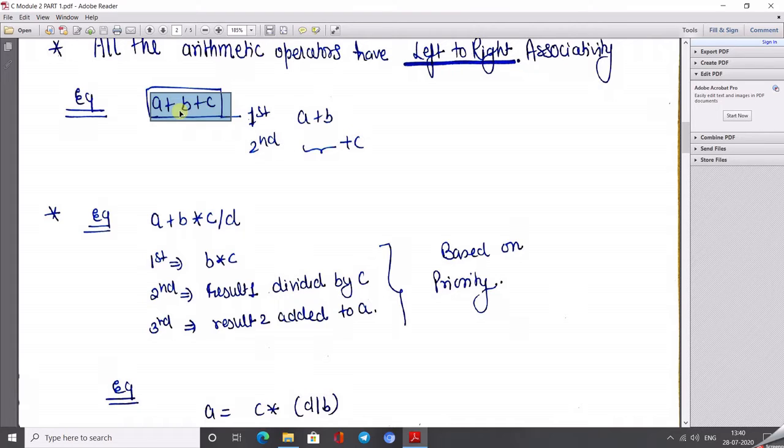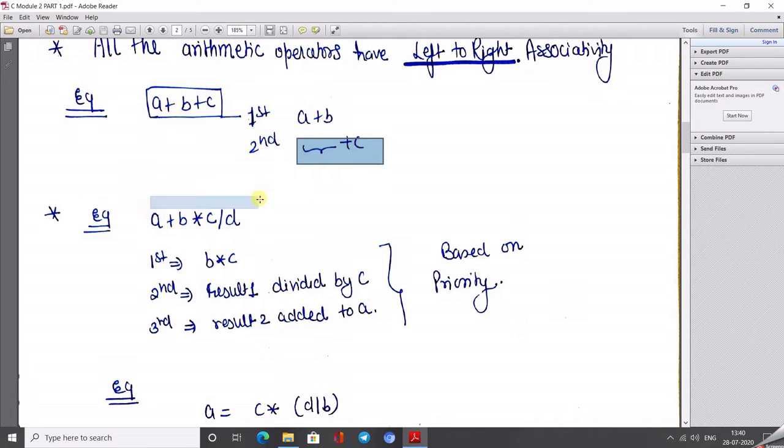When we have the same operator many times in an expression, we perform left to right associativity. That means the left operator is performed first. So according to this question, we first solve A plus B, then the resultant value is added with the value C. Here we first calculate A plus B, the left plus, and then the resultant value is added with C using the second plus.